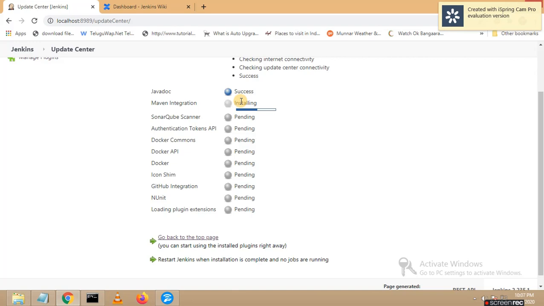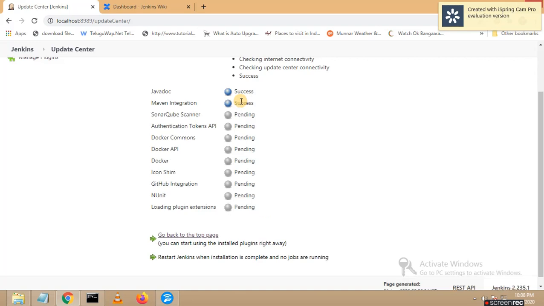Let's wait. And the installation totally depends upon your internet speed also. Sometimes based on your internet, or based on the plugins availability, and based on so many factors, you may see a difference in the performance. For a few people it might be installed very quickly, and for a few people it might be slow. All it depends upon your internet speed.